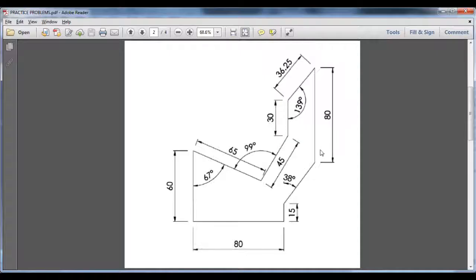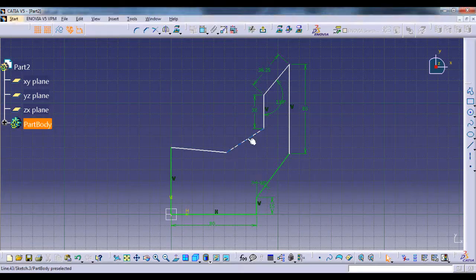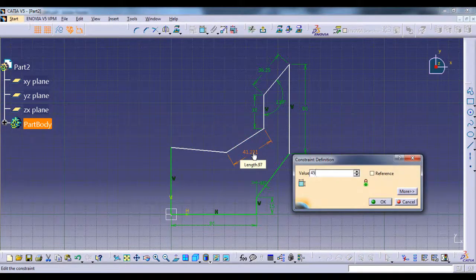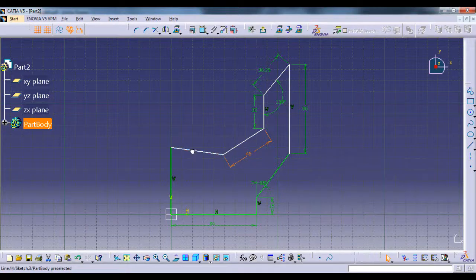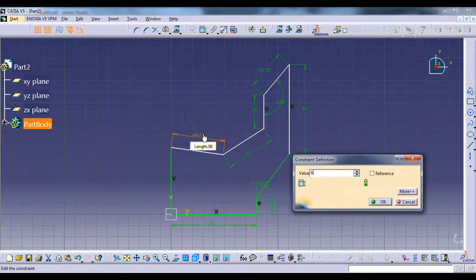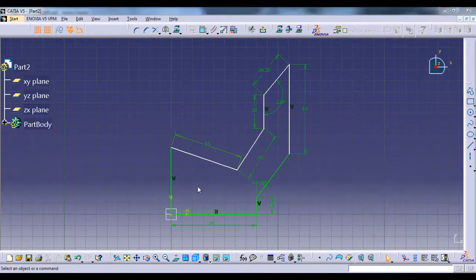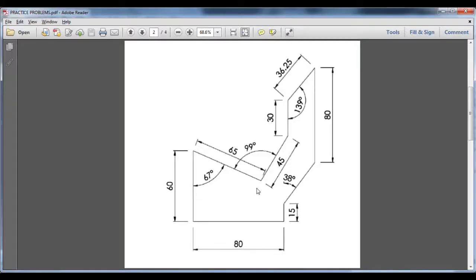Okay, so the length of this line is 45 and this inclined line is 65. So this will become 45 and this will become 65. Okay, so the angle between these two lines is 99 degrees.